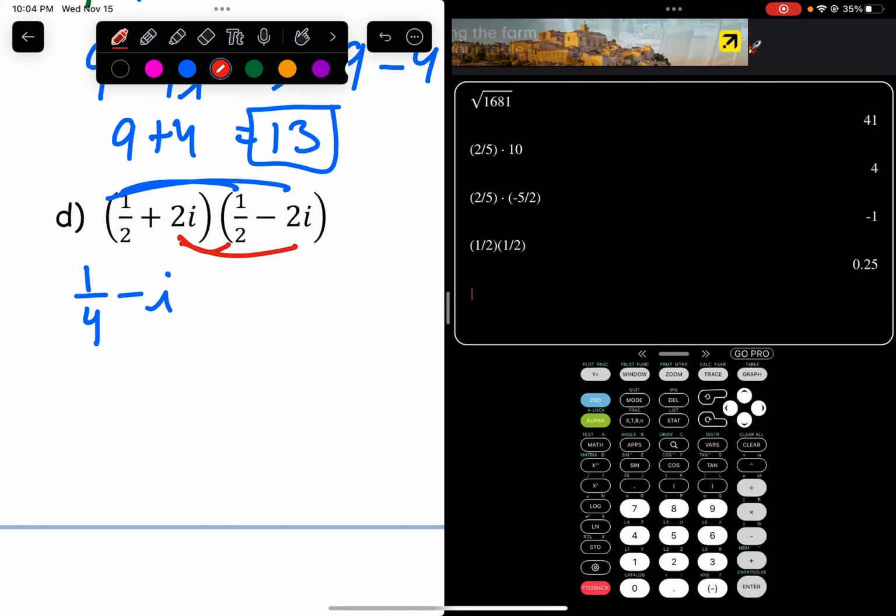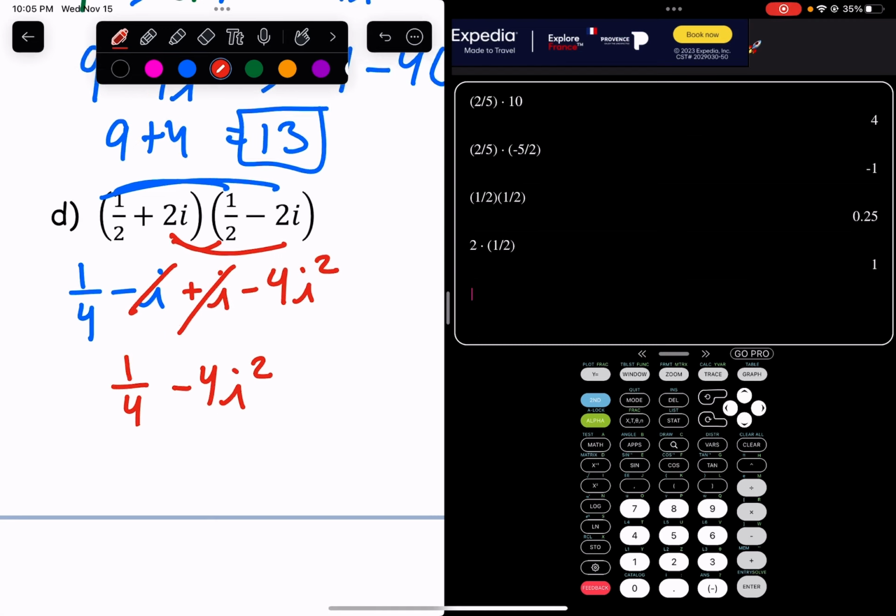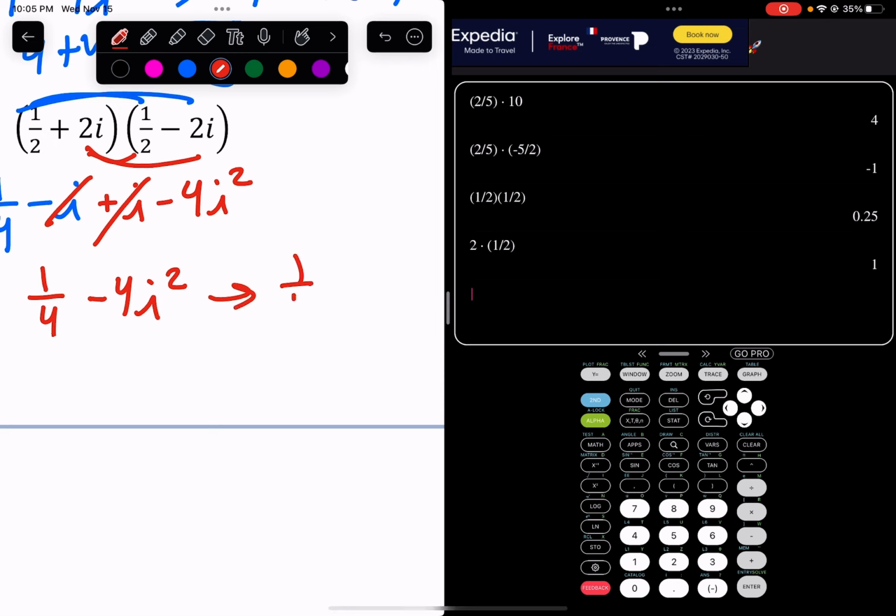Then we multiply out the 2i. 2i times 1/2 is going to give us a plus 1i or plus i. And again, you can just do fraction operations on your calculator. 2 times 1/2, and I get 1. And then I've got 2i times negative 2i is going to give us a minus 4i squared. These guys cancel out in the middle, and we've got 1/4 minus 4i squared,